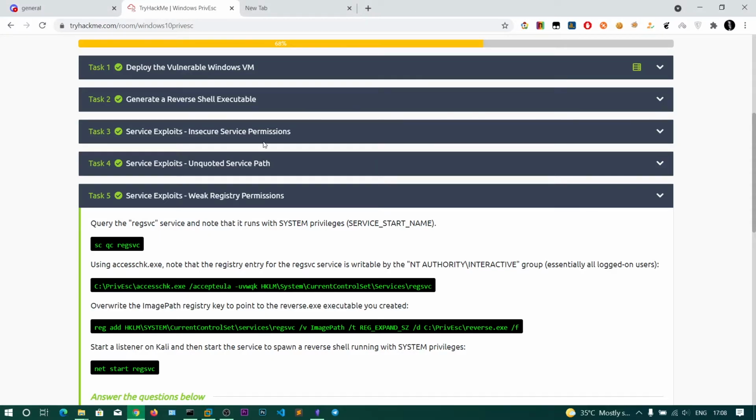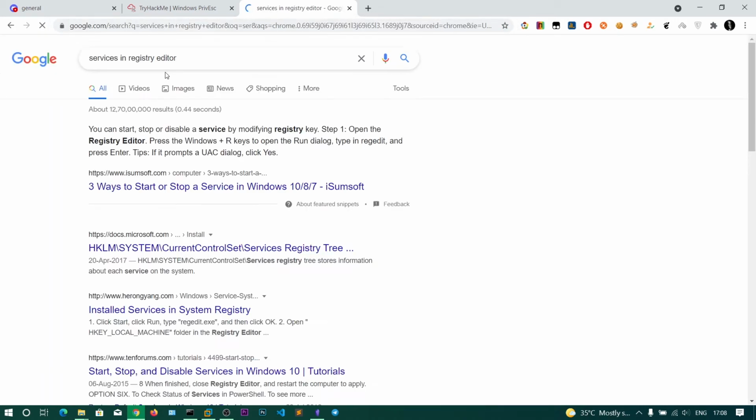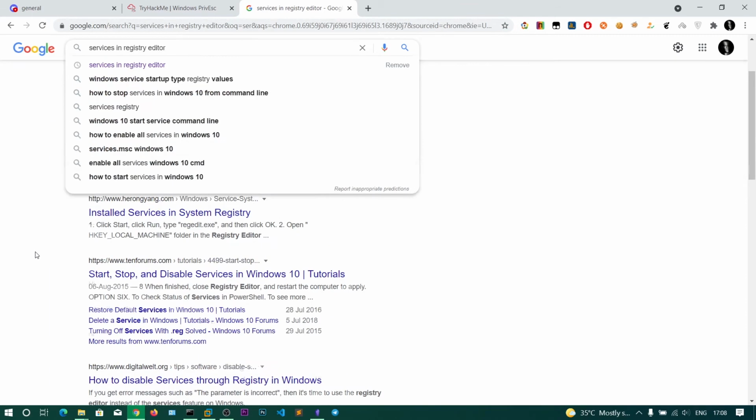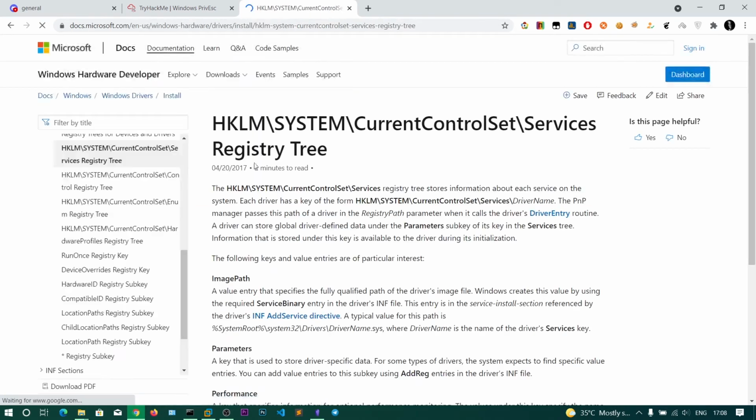One way you can find it is to Google for this path, services in registry editor. Now you can see here Google, Microsoft Docs, and you can see HKLM system current control set services.